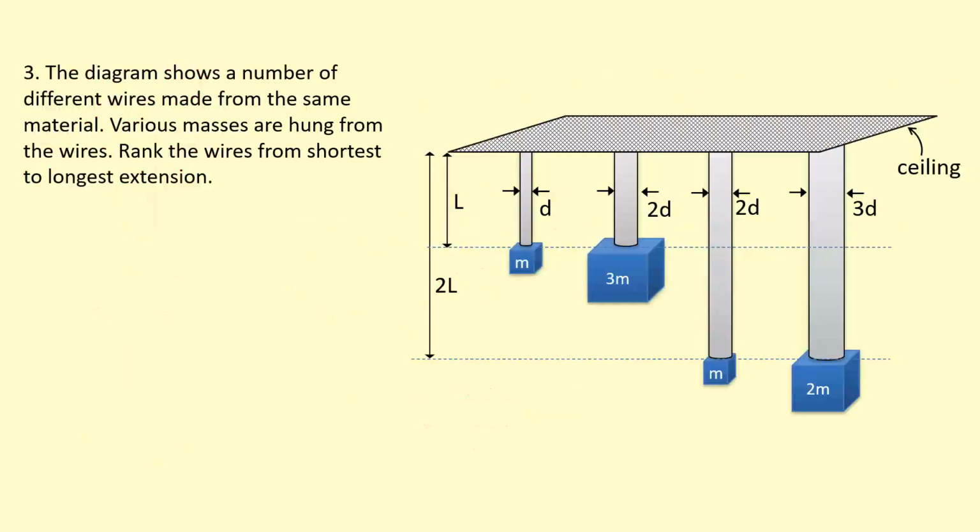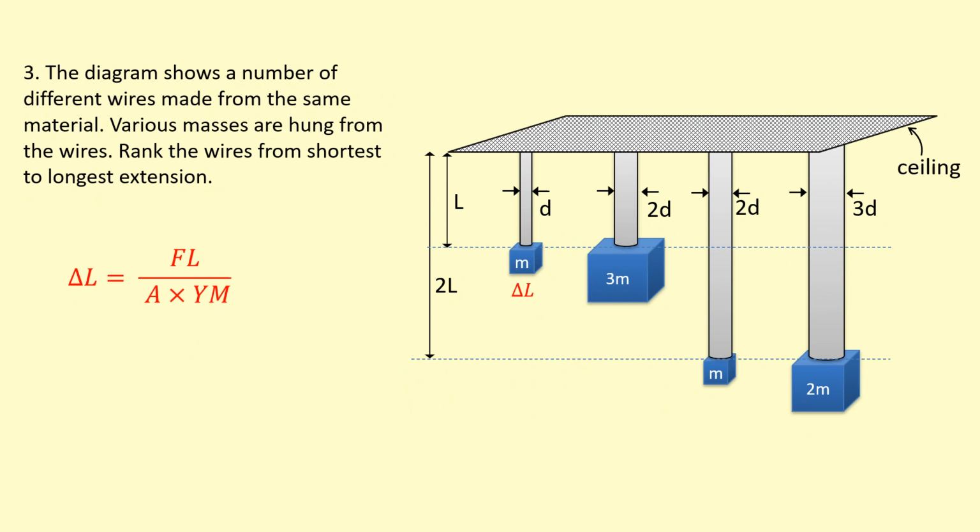The diagram shows a number of different wires made from the same material. Various masses are hung from the wires. Rank the wires from the shortest to the longest extension. Okay, so I'm going to use the Young's modulus equation again, but I'm going to rearrange it for extension, just like this. Okay, if I label the first one as delta L, I can compare what happens to the others